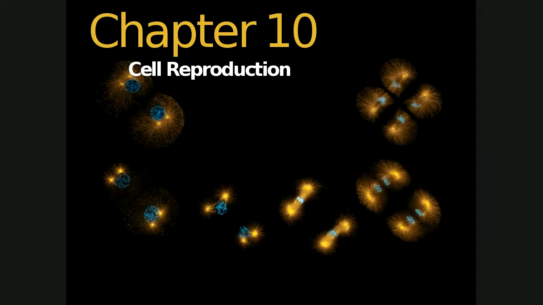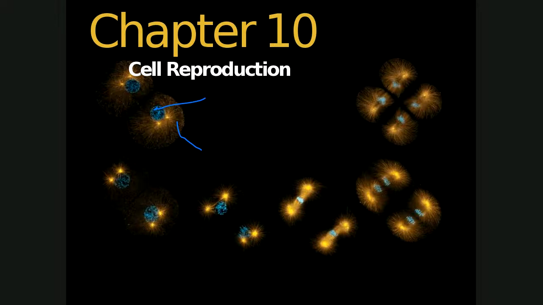pictures of cells here in different stages of mitosis. It's really kind of cool what they can do with microscopes now. They can get individual cell components to fluoresce in different colors, like here over on the left. Here over on the left, the nucleus, the chromosomes have been colored, and then the microtubules and the spindle fibers and all that. It's really kind of neat. But what we end up with at the end of cell reproduction is an exact copy. So we're creating clones of one another.